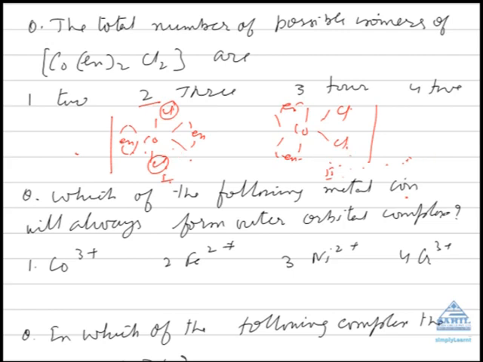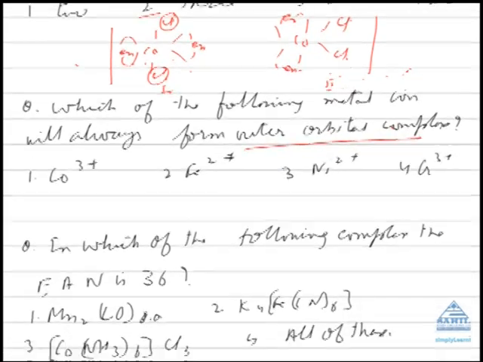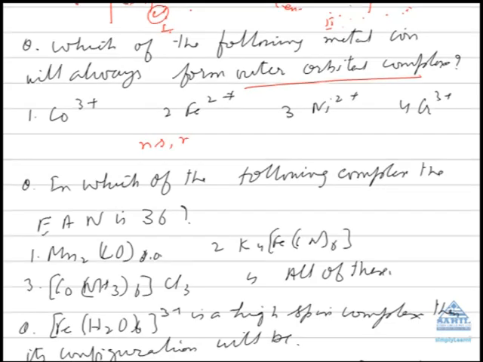Which of the following metal ions will always form an outer orbital complex? By outer orbital complex we mean ns, np and nd orbitals are involved in hybridization. In case (n-1)d, ns and np orbitals are involved in hybridization, that is an inner orbital complex. Outer orbital complex will be possible when all the d orbitals of the inner energy level are either half filled